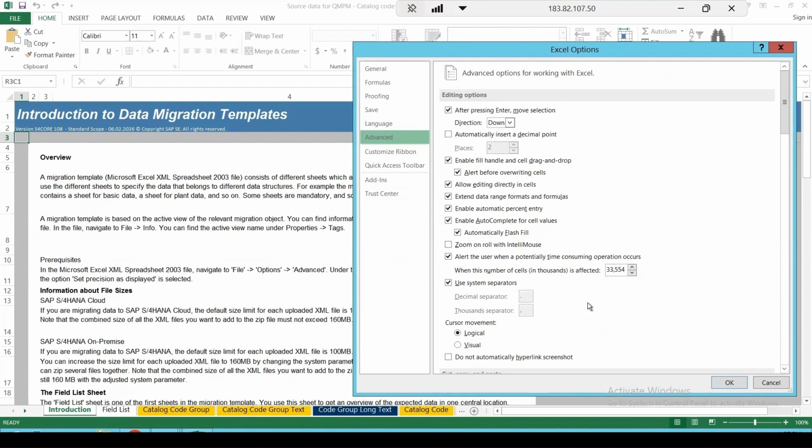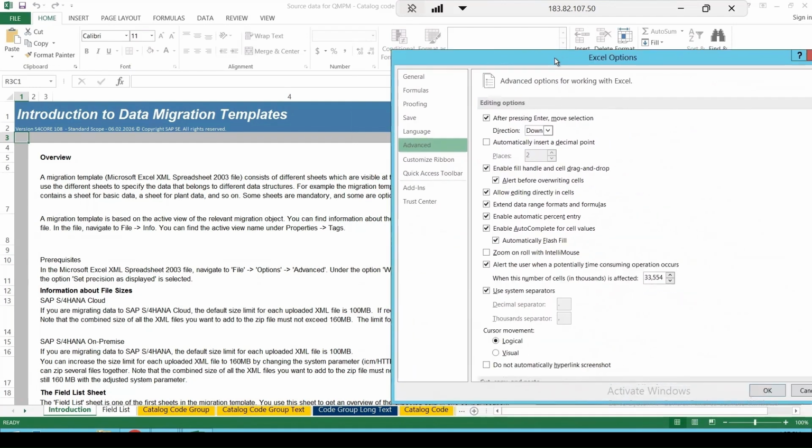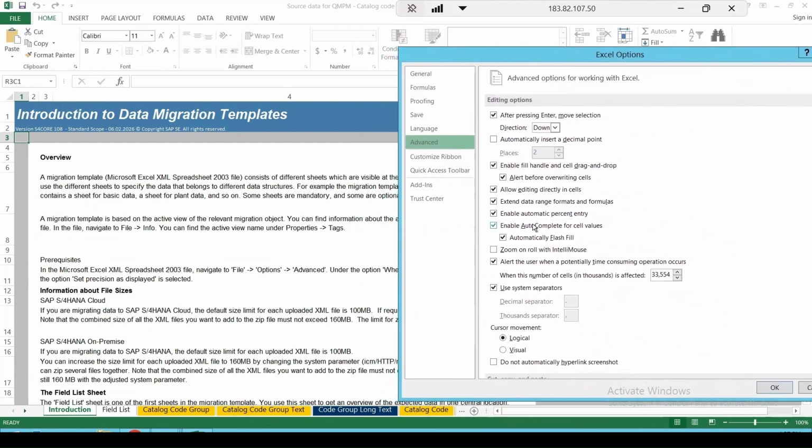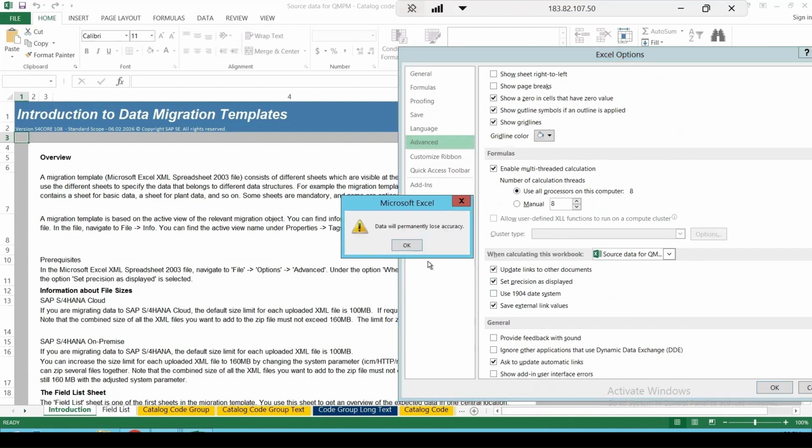So from the file, I can select options, advanced. It is mentioned that when calculating the work list, you need to scroll down. So here it is, when calculating the work list, you need to select this checkbox, set precision as displayed. Okay. And then continue